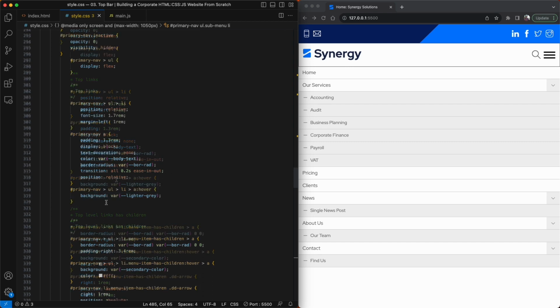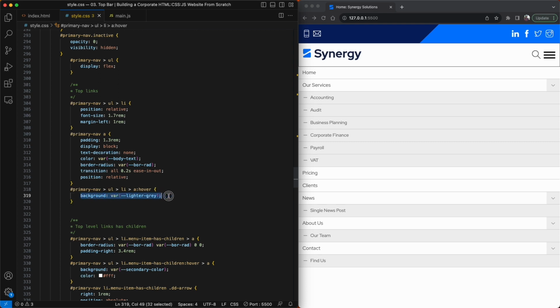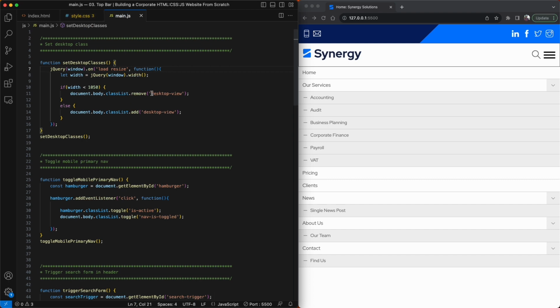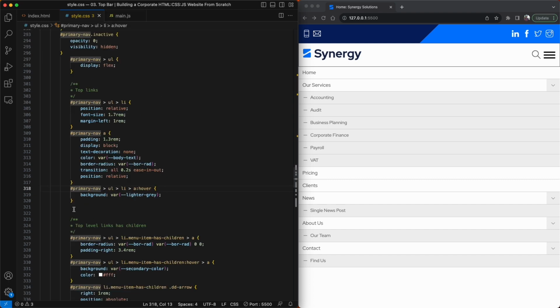Okay. So let's start with this one here first. Primary nav, top level link. And once we hover over a link, then we change the background color. So if I remove this now, we don't get that on the main links here that don't have children. Okay, so it works for desktop fine, and because we have that class, I'm going to utilize it, and it's called desktop view. So what I'm going to do is say